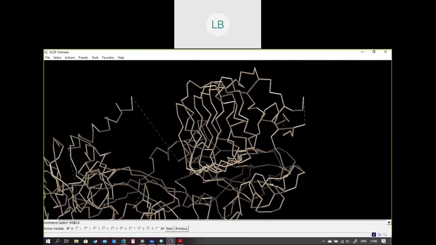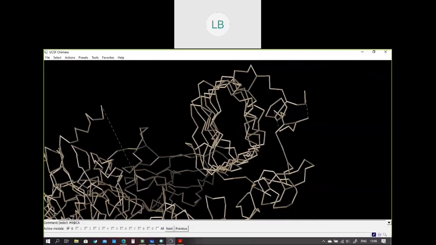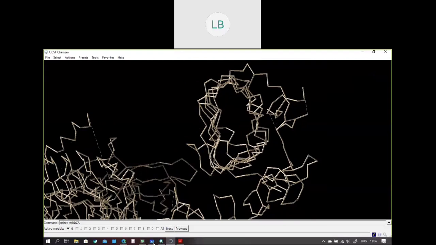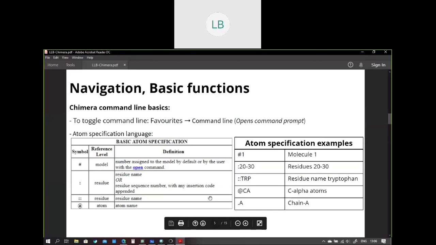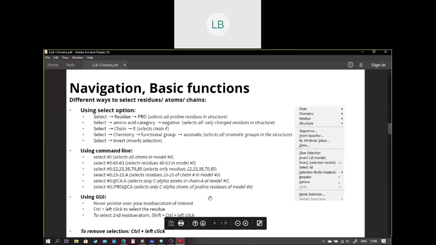For the command line, UCSF Chimera has its own command line language. When you use the hashtag, you are specifying the model number. So when you say select #0, you're selecting molecule number 0, which means it will select all the protein in this case, because there's only one molecule here. If you select #1, you'll select molecule number 1, and so on.